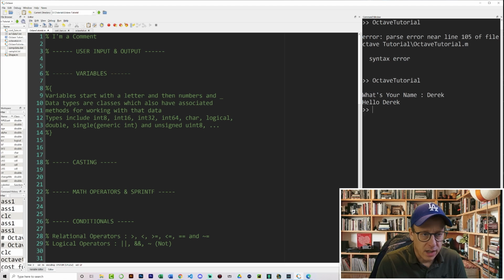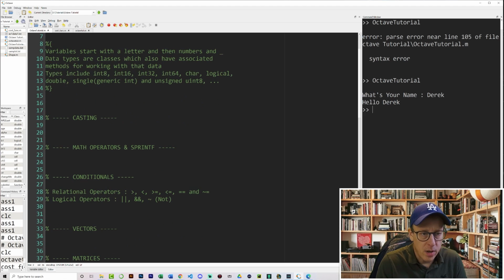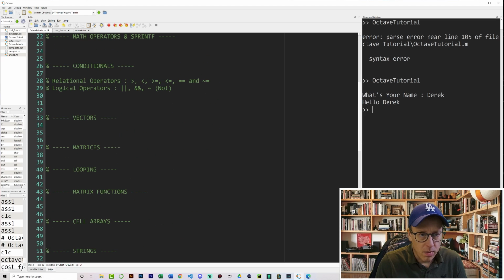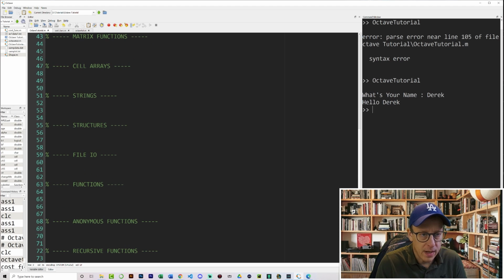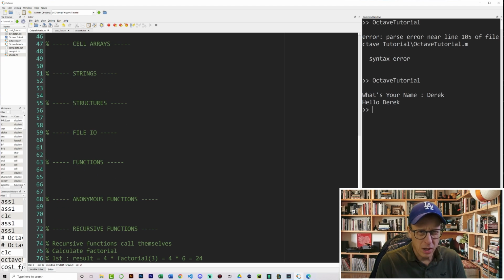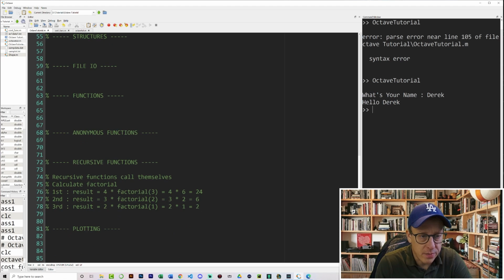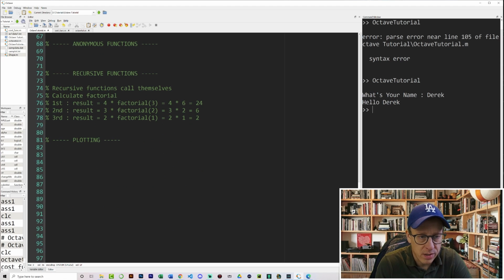I'll be covering basic user input and output, variables, casting, all the math operators, conditionals, how to work with vectors and matrices, looping, matrix functions. We're going to be doing a lot of math-based stuff because machine learning is basically math. String structures, file I/O, functions, anonymous functions, recursive functions, plotting, and depending upon the number of viewers that I have